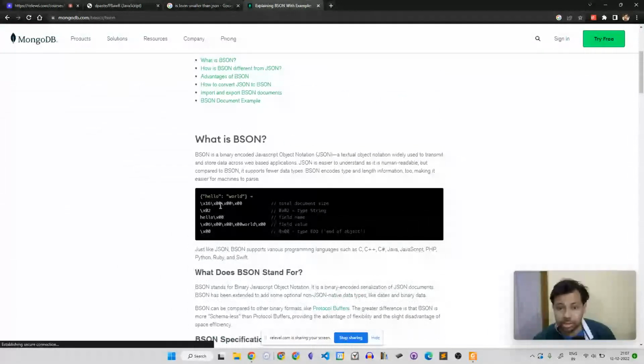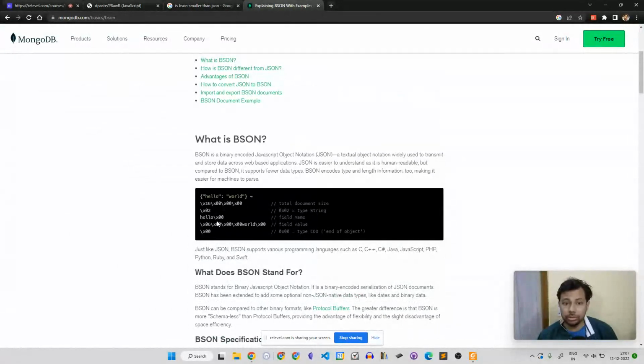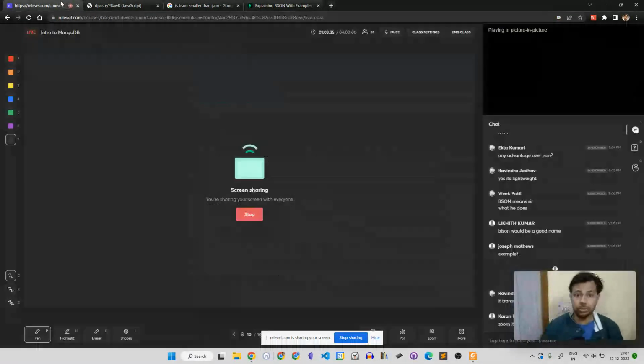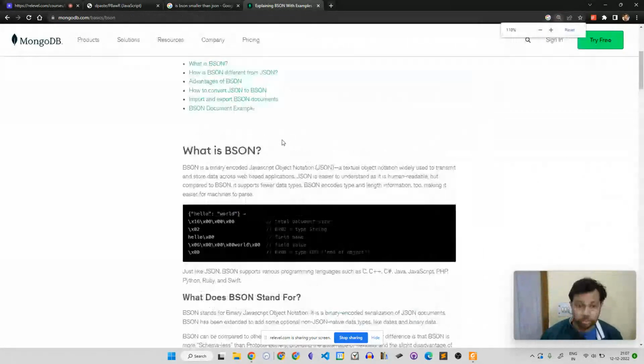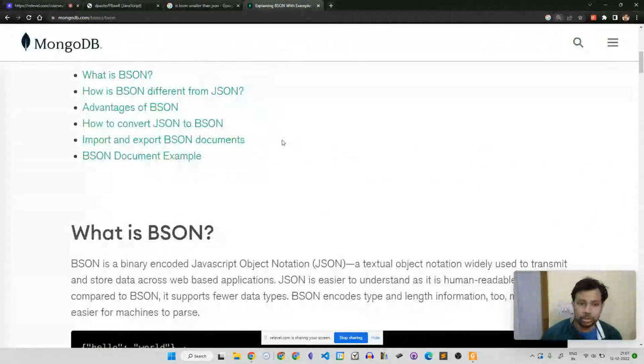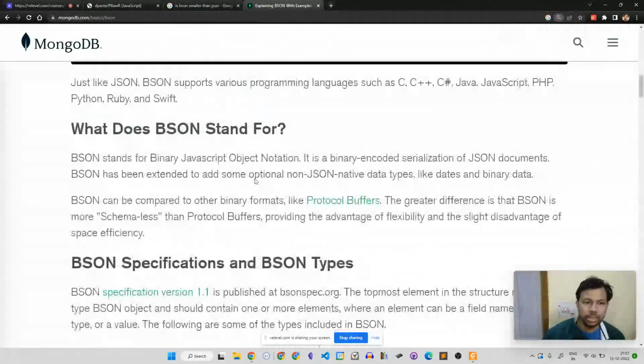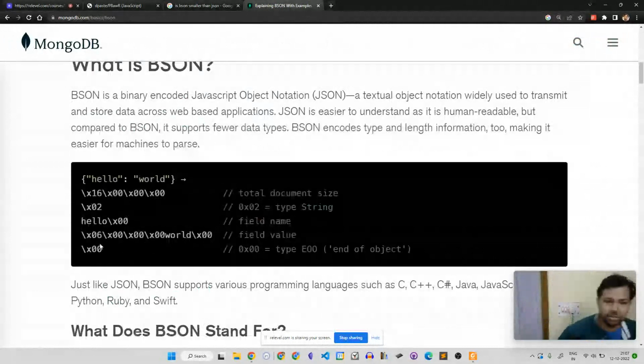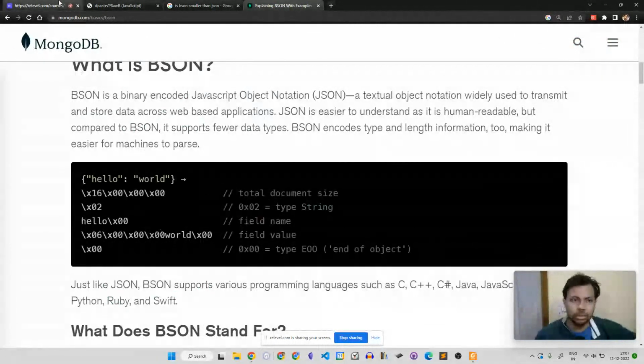Hello world is saved like this. This is the BSON file for hello world. Okay, I'll zoom. This is how the document looks for hello world. Hello is the key, and world is the value, and this is the BSON file.